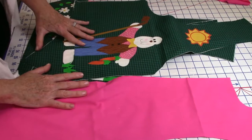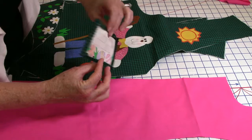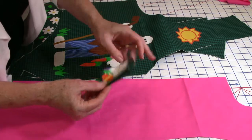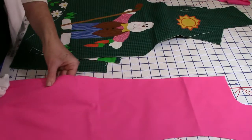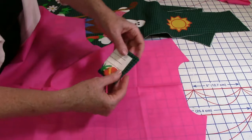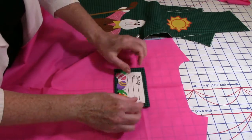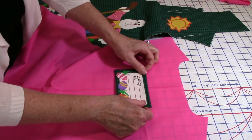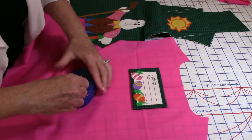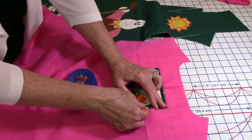Got my vest all cut out, even got my label cut out and pressed, because the first step is to sew in the label to the back. So I'm going to open up the right side up on the vest, find the half here, and then I'm just going to pin that down. I guess it's kind of go higher up like this, and then just stitch around this, top stitch it all down,